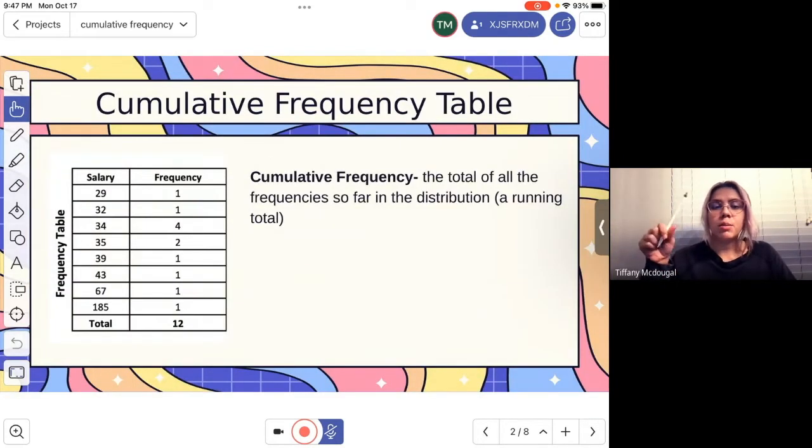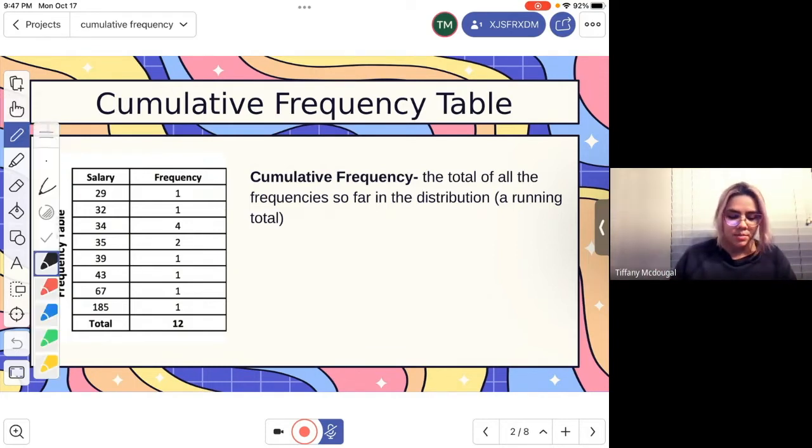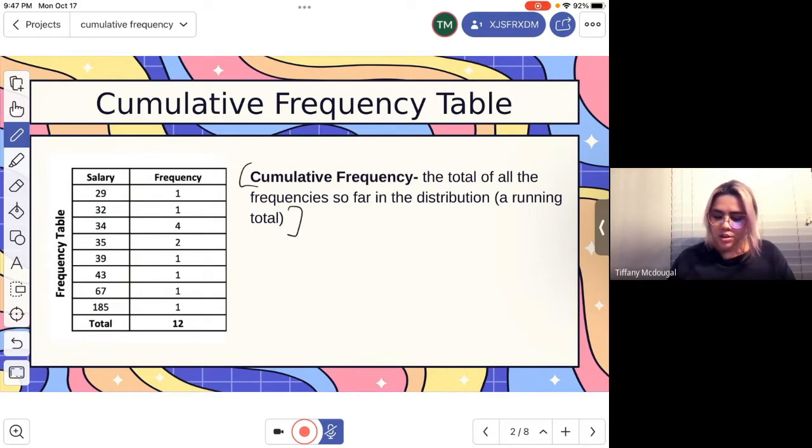Okay, so let's first talk about what is cumulative frequency. When you think of the word cumulative or to accumulate, usually you think of adding on as you go, right? When we accumulate stuff, we add on more stuff. So cumulative frequency, right here, this definition, is the total of all the frequencies so far in the distribution or